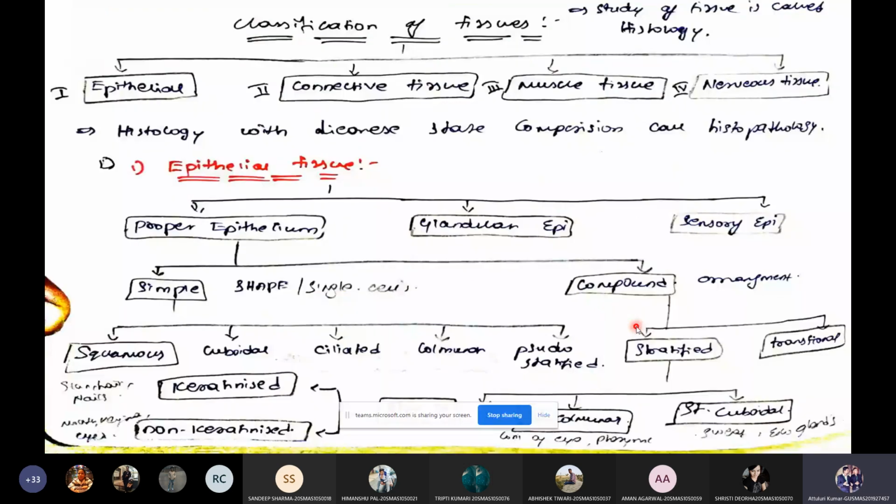Last and final confirmation, please. Can you see classification tissues in your screens? Okay. Sir. Okay. So coming to the point, kindly write down this classification when I'm telling to you, when I'm